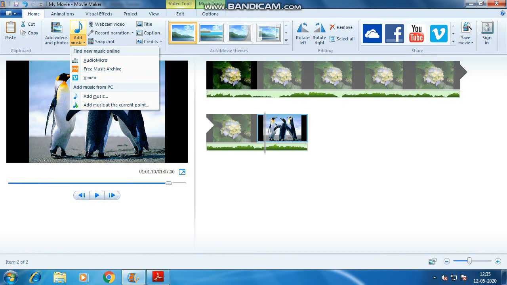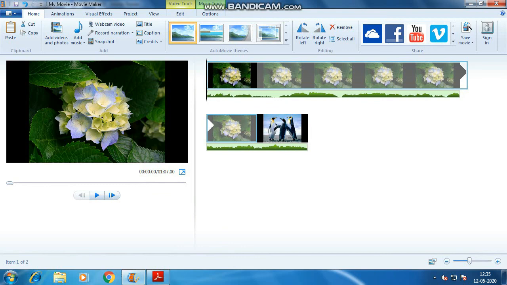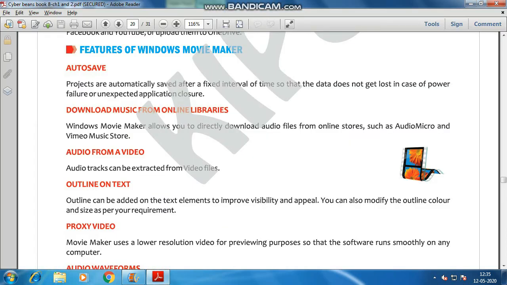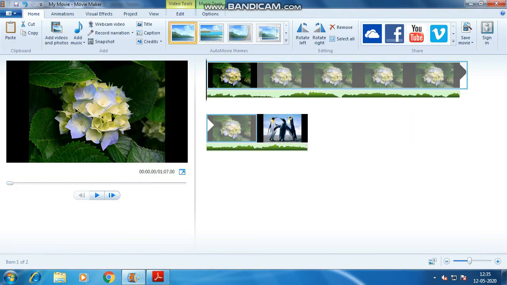Next is audio from a video. Audio tracks can be extracted from video files. You cannot extract the audio from these videos, right? Because the detaching option for the music is not available in Windows Movie Maker.